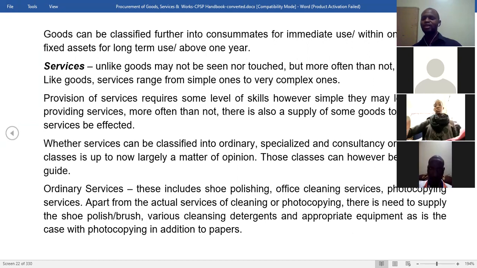For example, you can say this person made my hair look very, very beautiful. At least you feel that the hair is very, very okay. Services are often not felt, but you can always see the customer basically satisfied or dissatisfied. And with services, sometimes you cannot separate services from the service provider. Like goods, services range from